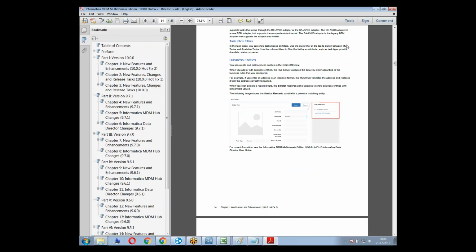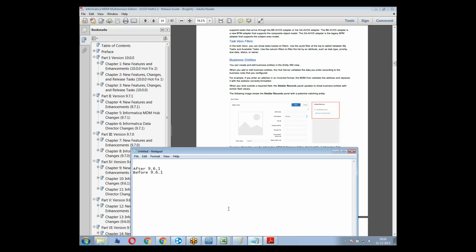Okay. So we can't claim that we have done a project in version 10. A lot of people have migrated to version 10. I mean, a lot of people in interviews will ask you if you have worked with version 10. The implementations may not be there in 10, but people claim who are not